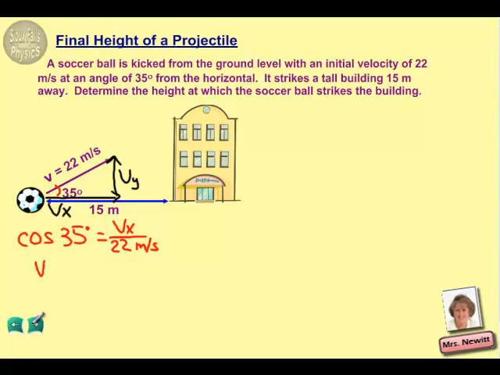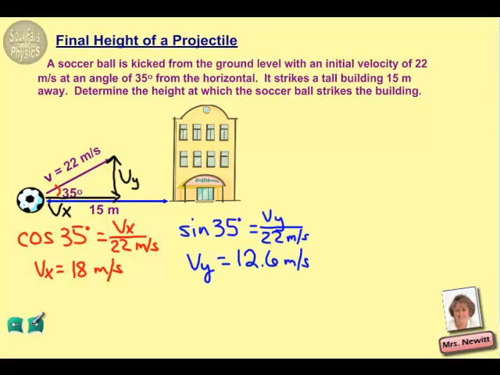And that means that our x velocity is 18 meters per second. We can repeat the same calculations for the y component. The y component, however, is the opposite side, so the opposite side would be using the sine. So sine of 35 degrees is equal to the y component divided by the resultant, which is again 22 meters per second, and that gives us a y component of